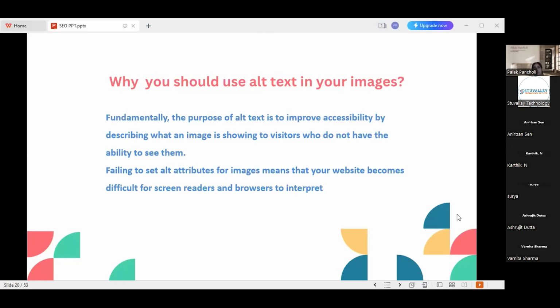So for them, an organization decided that there should be equality. While we are serving images, everyone should be able to see or understand the images that we are serving in the content.